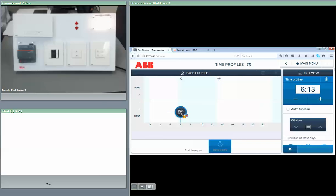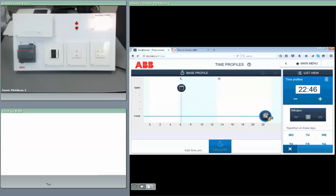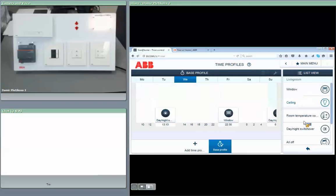Select, for example, the blind relay, drag it, and the vertical axis gives you the status you can choose for the blind. For example, I want to have this blind opened every morning at quarter past 6, except for Saturday and Sunday. I save it. Done. And of course I want to close this blind every evening at 10:30, except for Saturday and Sunday. Done. You can drag and drop scenes,